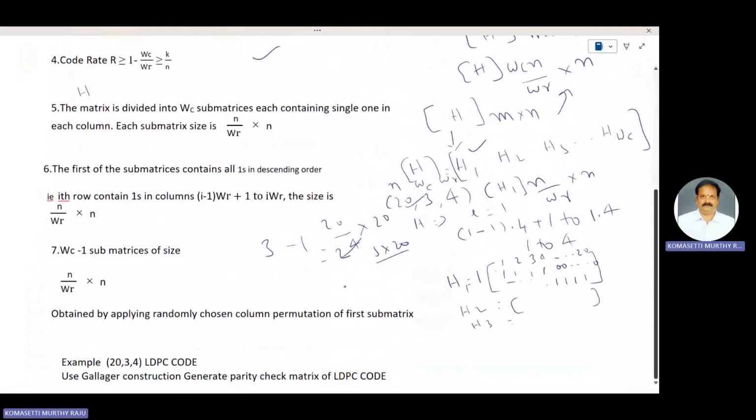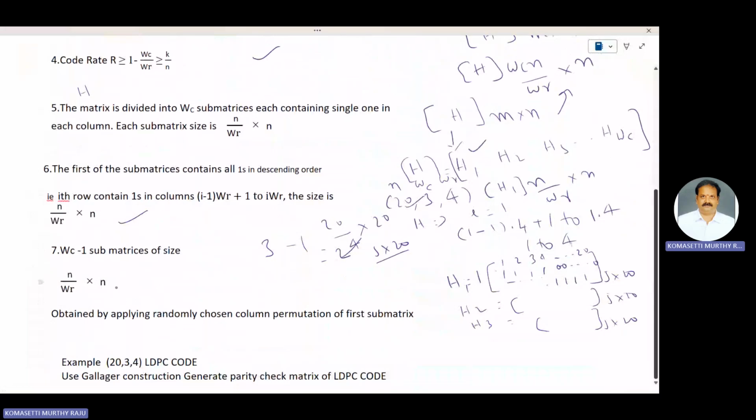Here the size is 5 cross 20. Here also 5 cross 20. Here also 5 cross 20. There are WC submatrices. Here WC is 3. The 3 submatrices are represented by H1, H2, H3. How to frame the H1? By using this rule. The remaining 2 submatrices, WC minus 1, means in this example, 3 minus 1, 2 submatrices